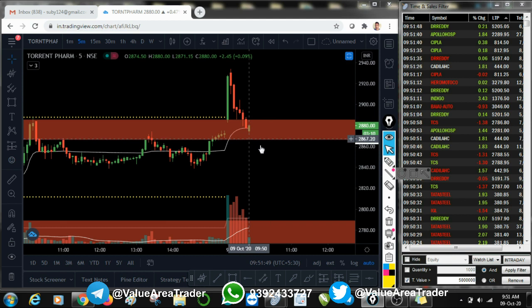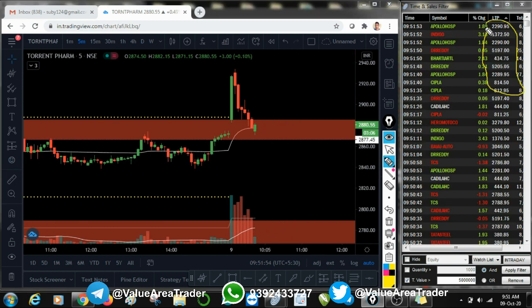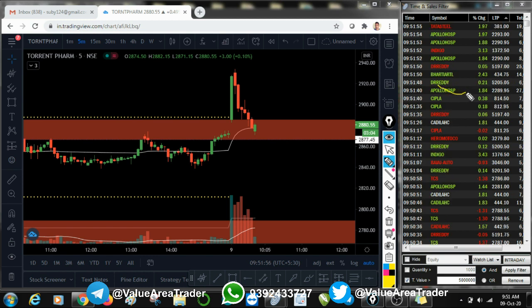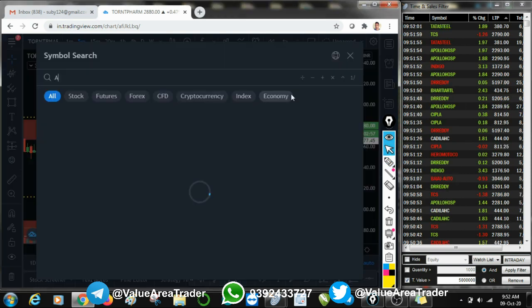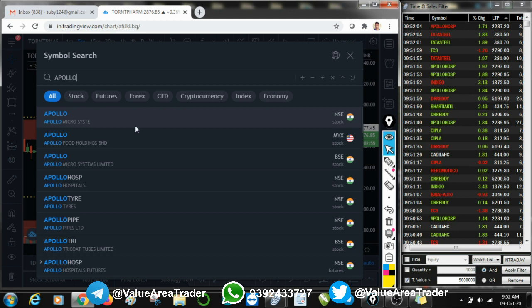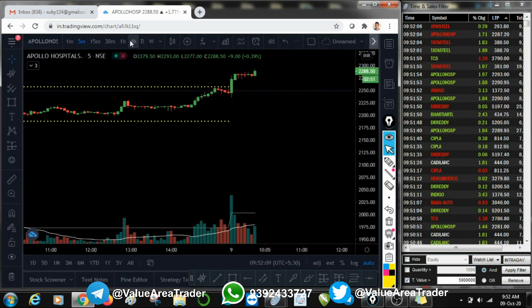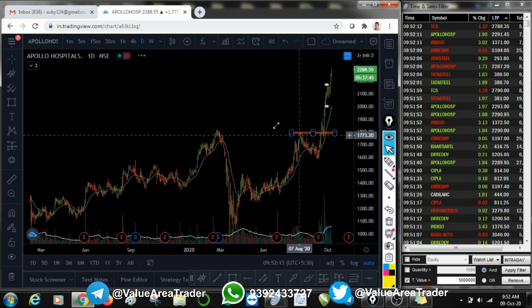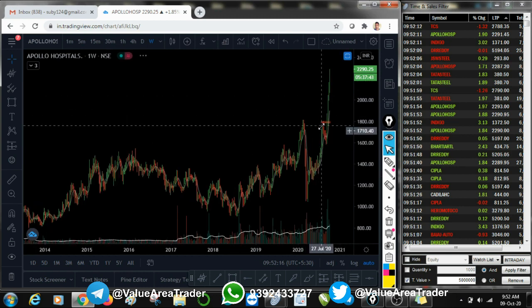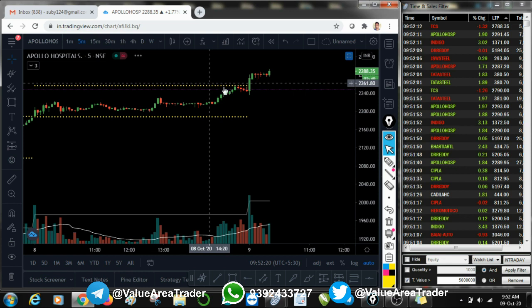Okay, so now let's look for some trades which are big. Let's say Apollo Hospitals, you can see a 2 crore 70 lakh order got activated. So let's go check what is happening in Apollo Hospitals. Okay, it broke out of our range. It is still at the top. Am I correct? Yes, it is at an all-time high. So I'll go to 5 minutes.